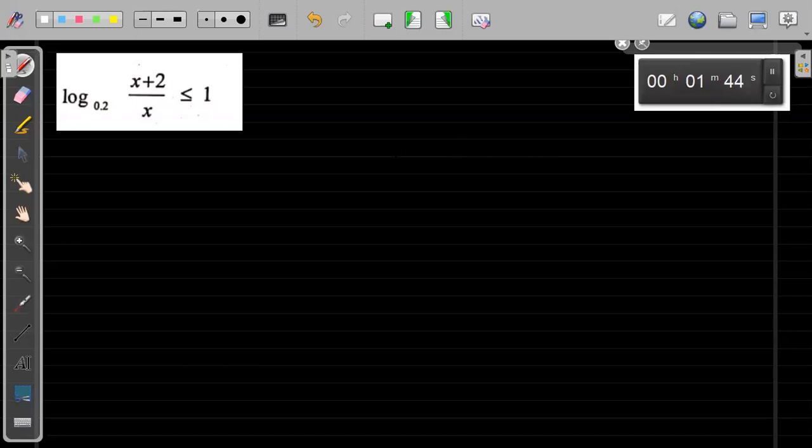All those who are saying minus 2.5 to infinity, in your answer you will also have 0, right? 0 will come inside this. Can you take x as 0? If you take x as 0, this will be 2 by 0. Is it defined in maths? No, I've never said this is defined in maths.